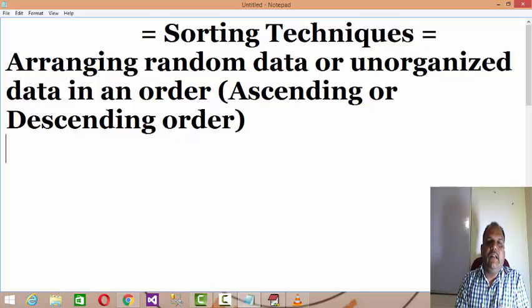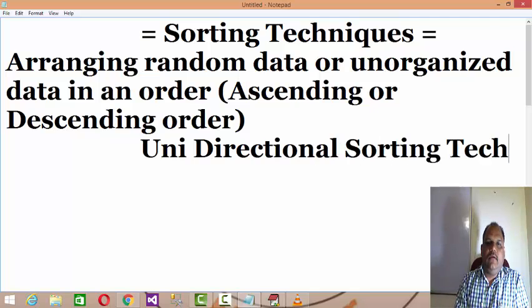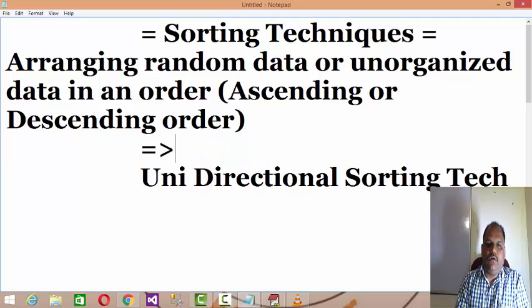Today I am going to talk about the internal sorting techniques, the unidirectional sorting technique. So, internal sort.